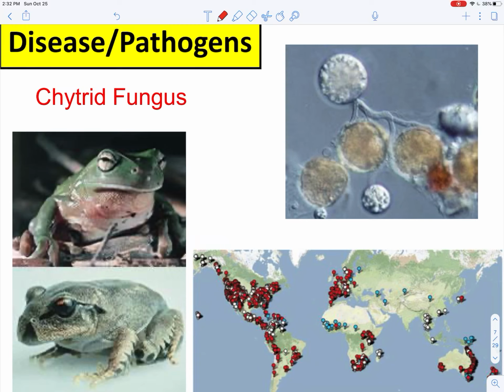So the example that I want to bring up today includes a fungus that we call chytrid fungus. And this is what it looks like in its aquatic stage. And this fungus has become particularly problematic in amphibians and appears to disrupt gas exchange and also can damage the nervous system.